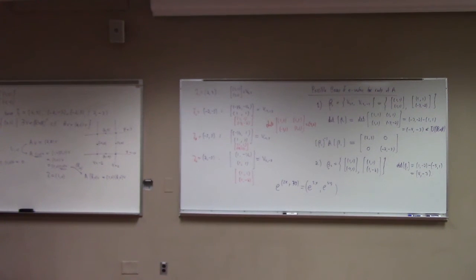So this is actually e to the minus 2x, e to the 3y, minus 3 e to the minus 2x, e to the 3y. And of course this one is e to the 2x, e to the minus 3y, e to the 2x, minus 2 e to the minus 3y,